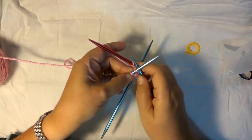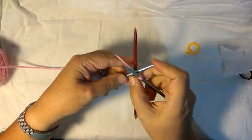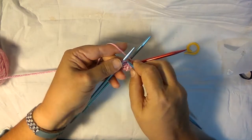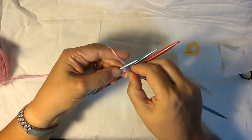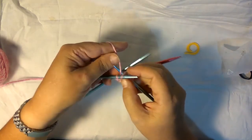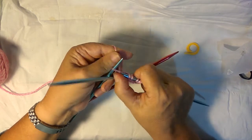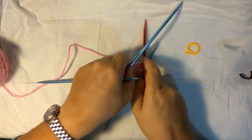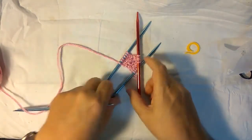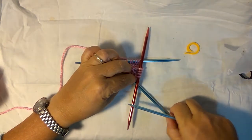So, we have 1, 2, take it off. Next one is just 1, then 2. 1 from the bottom, 1 from the top. Always a knit, never a purl, and then just a plain knit stitch. And now you'll see that we have 2, 4, 6 stitches on it, and the next needle we go to is this one, and we're going to